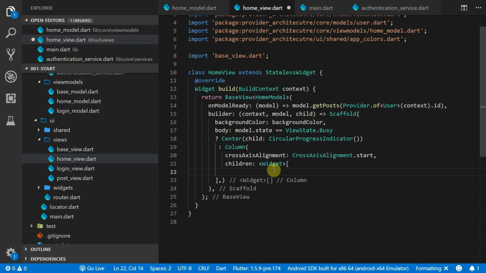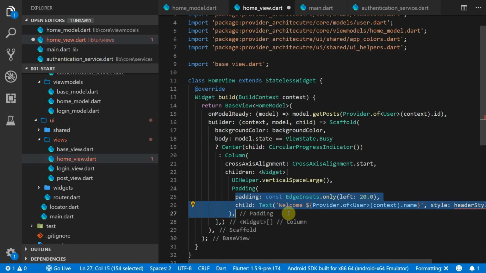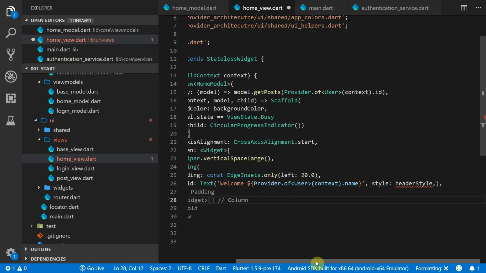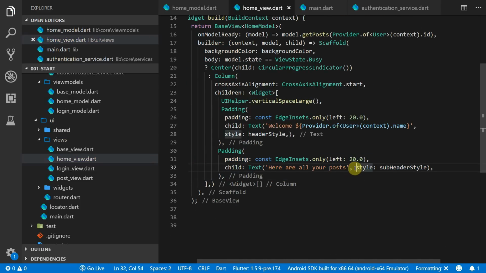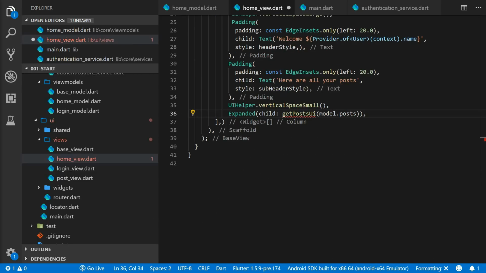The first child in this column will be a large vertical space from the UI helper. Then we'll add some text with some padding around it. The padding will be set to 20 and the style for this text field will be set to header style. Then we'll add another text with some padding around it and we'll just say here are all your posts. We'll give it a style of subheader style. Then we'll add a small vertical space from the UI helper,